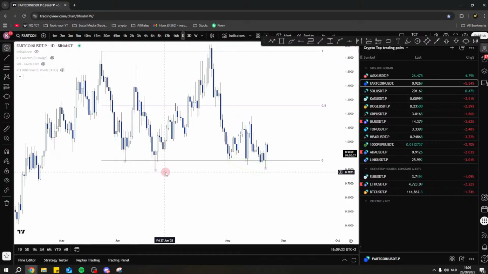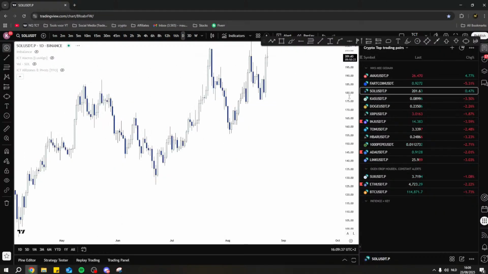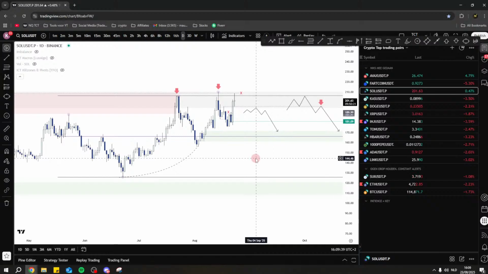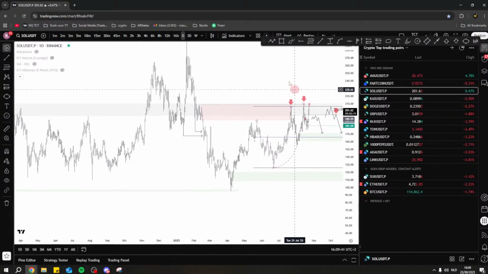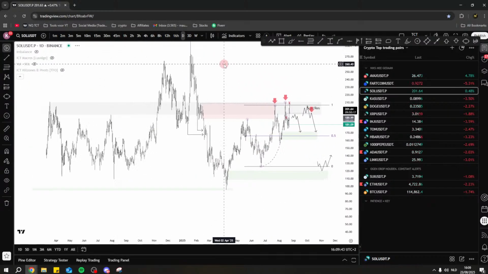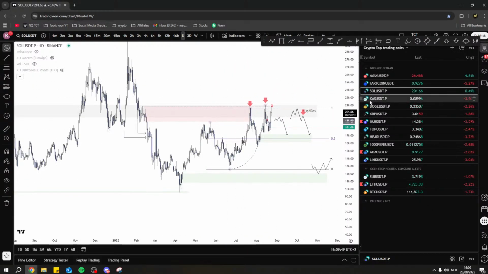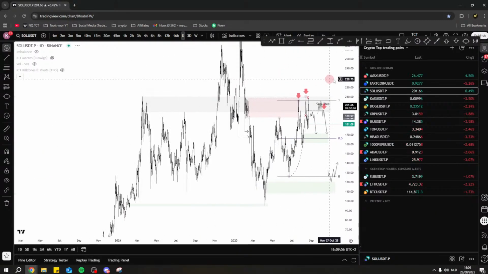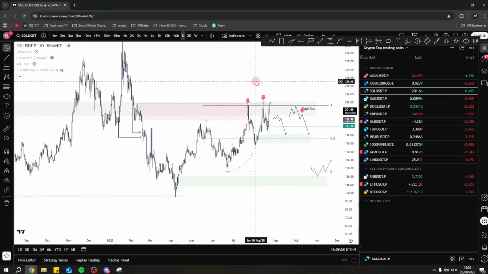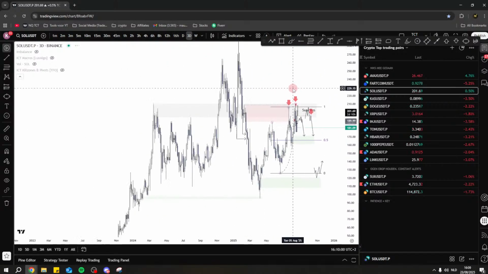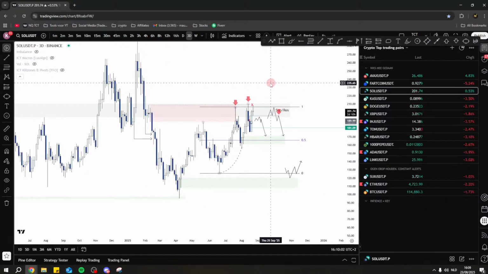Can you look at Sol USDT? Of course, my brother. Thank you for the chart request. Sol, I had this shared in the Discord as well. We are just at resistance right now. That's just how it is. We're not gonna say we can be super bullish where price is at right now, because we cannot be.